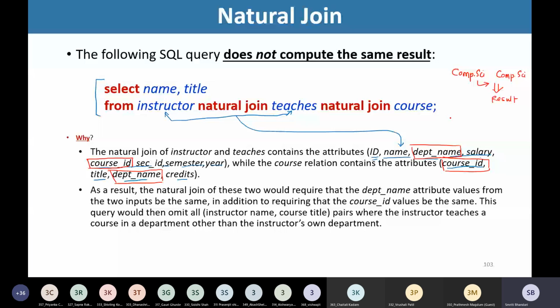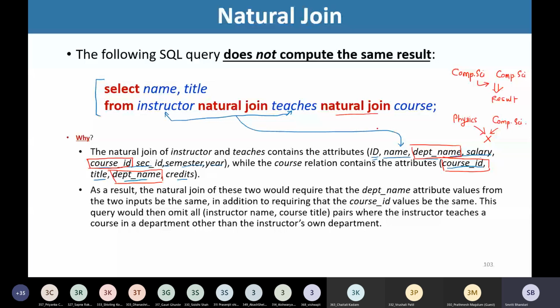But if the person from, say, physics department is teaching a course from computer science department, then that particular instructor will not be included in my result. So if the department of the instructor is not the same as the department of the course taught by that instructor, then that instructor and the course title will not be included in the result.